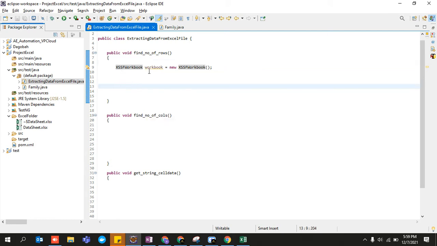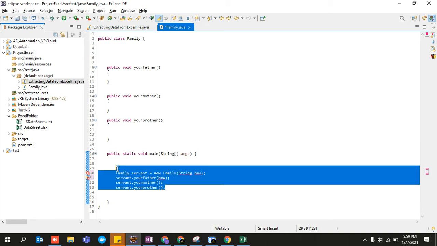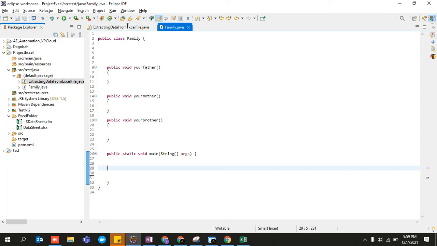and the one problem of this particular class is that it accepts some sort of parameter. And what is the parameter it accepts? You have to pass the place where your excel file is located, right? Let's say if there was some parameter defined over here, if I want to call your father, then I have to call him only with the help of a BMW car, otherwise your father won't come. So let's say every time I have to pass this particular parameter.